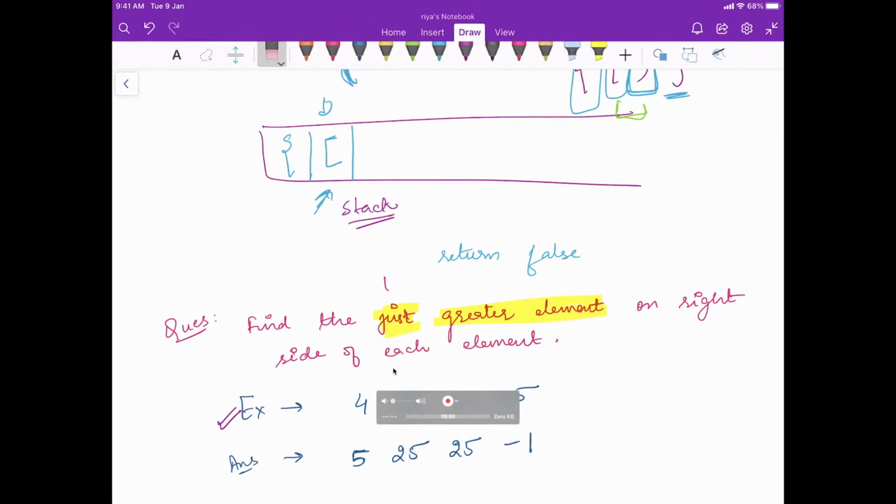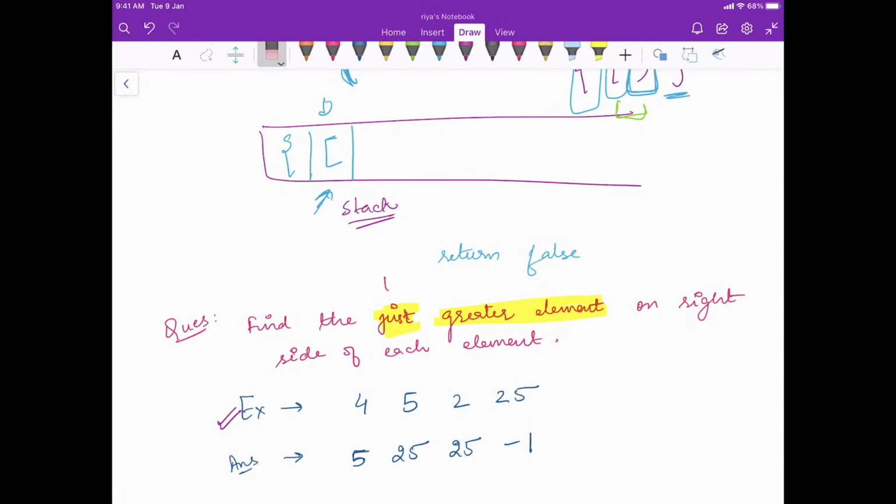Chalo, let's quickly see how we are going to implement it. Okay, let's take an example, and then we will try to understand the whole concept. We'll take some good example and try to do the visualization in that way only, right? Let's take some intuitions. I'll give some random examples and you tell me what you think is the answer. Chalo.